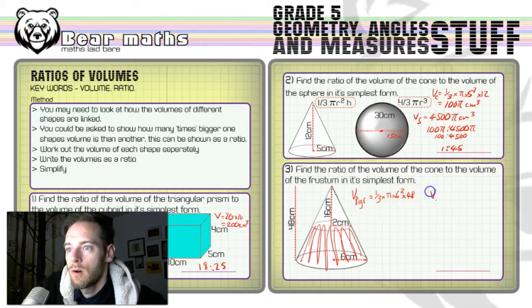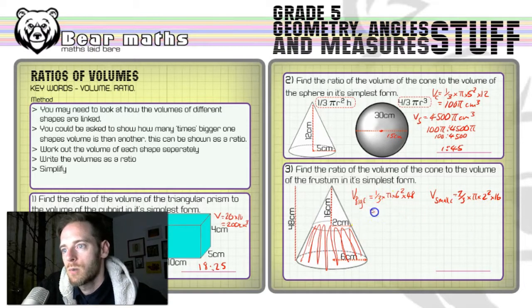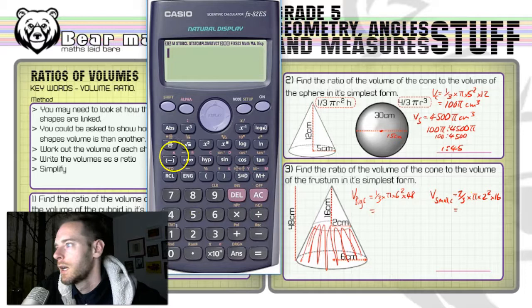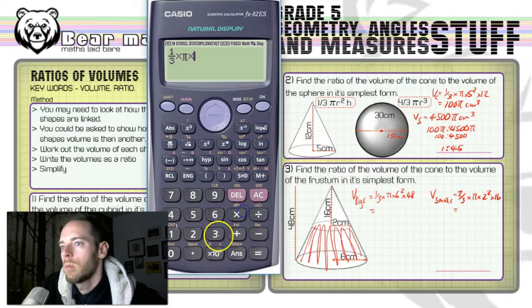And then the volume of the small cone, the one that's on top, a part of the same big cone, but the small bit that we can take off to get the frustum. That is going to be 1/3 multiplied by pi multiplied by 2 squared multiplied by 16. Then we've got to work out what those things are. I wrote them both down because I'm going to do them on the calculator efficiently. So 1/3 multiplied by pi multiplied by 6 squared multiplied by 48,